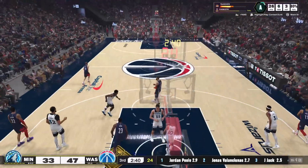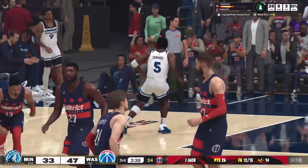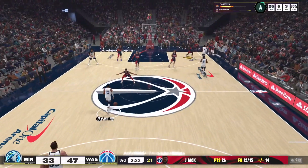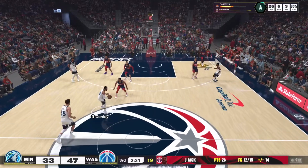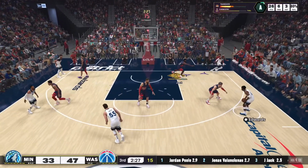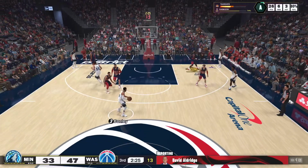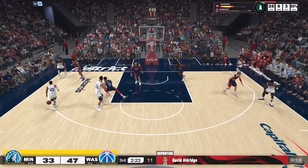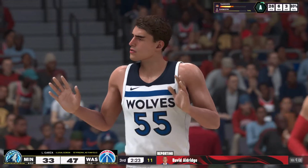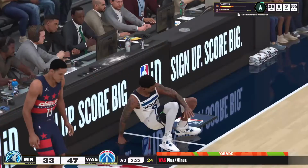MP rattling the rim. Well, young guys rarely hesitate to throw it down when they can. MP is no exception. And with an update from the sidelines, let's check in with David Aldridge. Kevin, Mike Conley's leadership is huge for the Wolves. Rudy Gobert says his presence on the court, but especially in the locker room, is invaluable. Coach Chris Finch said,